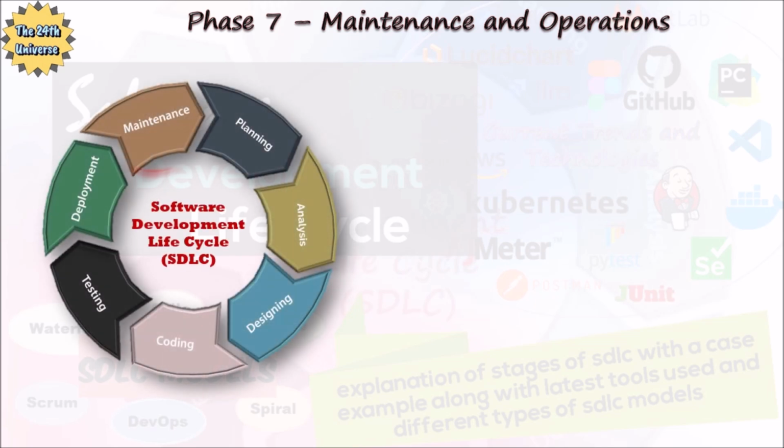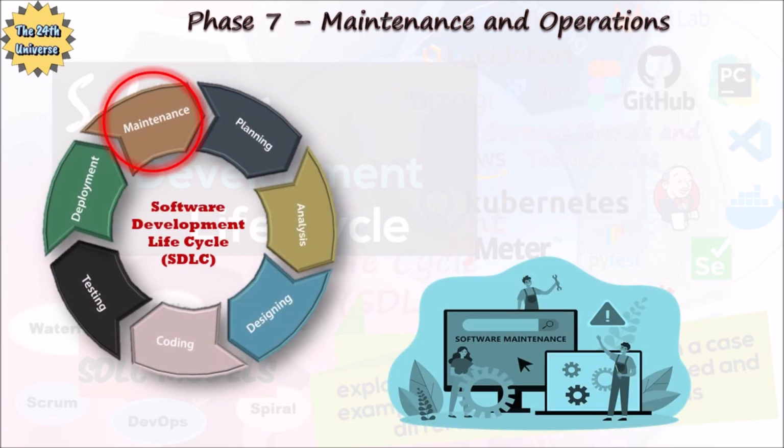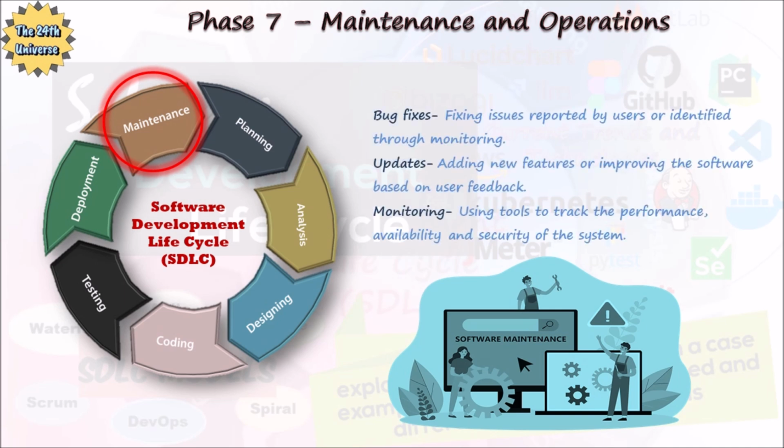Even after deployment, software requires ongoing maintenance. This includes fixing bugs, implementing updates, performance improvements, and handling customer support. The key activities in this phase are bug fixes, fixing issues reported by users or identified through monitoring, updates, adding new features or improving the software based on user feedback, monitoring, using tools to track the performance, availability, and security